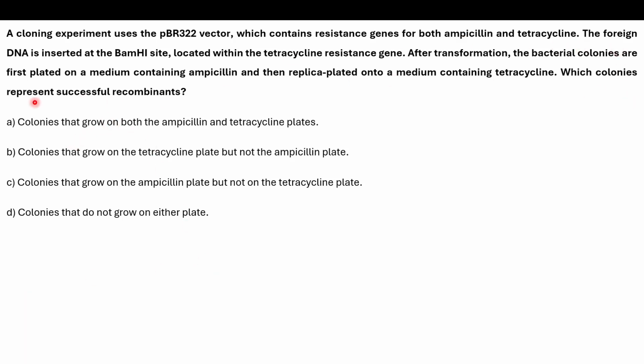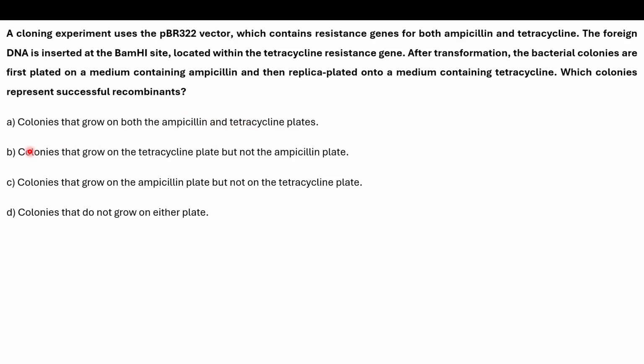Which colonies will actually represent the successful recombinants? The colonies that will grow on the ampicillin plate but not on the tetracycline plate. Colonies that grow on both ampicillin and tetracycline plates are the ones which have taken up the vector definitely, but either they don't have the gene of insert at all, having taken up the empty vector, or the gene of insert has ligated onto a totally different region, not at our specified region,